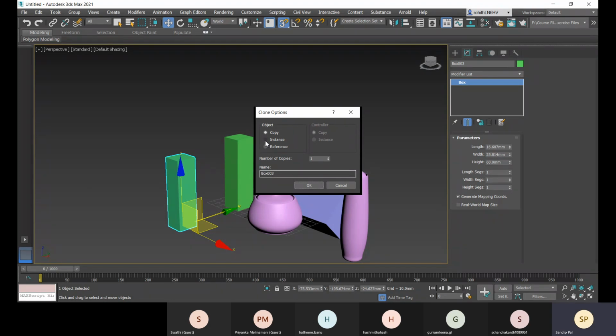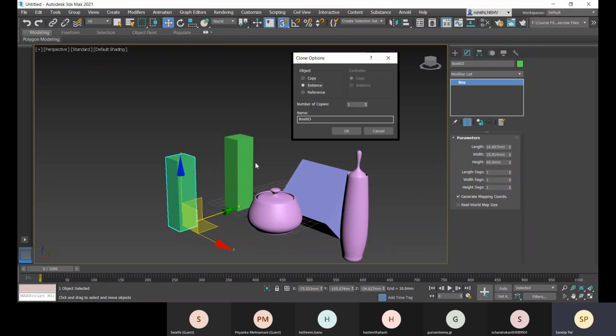Now I'll show you about the instance option. Instance means you have a link with your main model. So this object has its individual properties, but it is also linked with the main model, and the main model is linked with the clone.